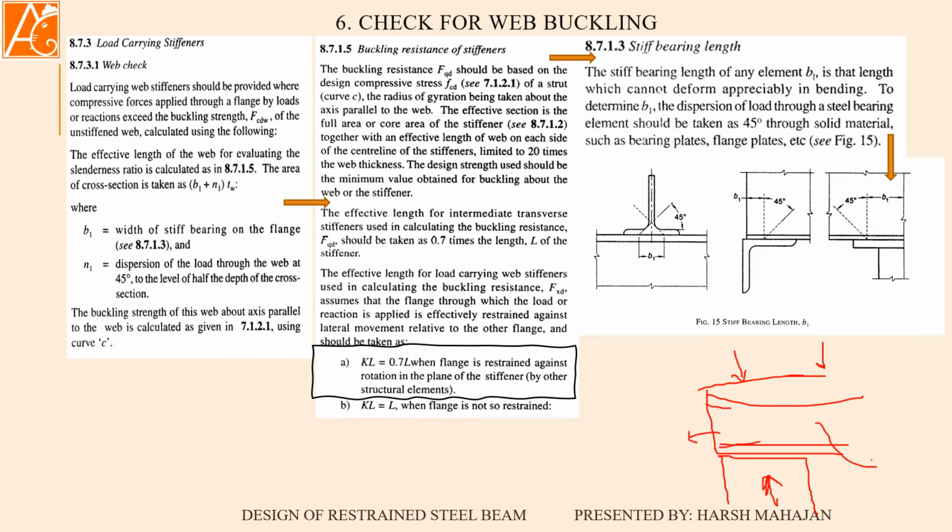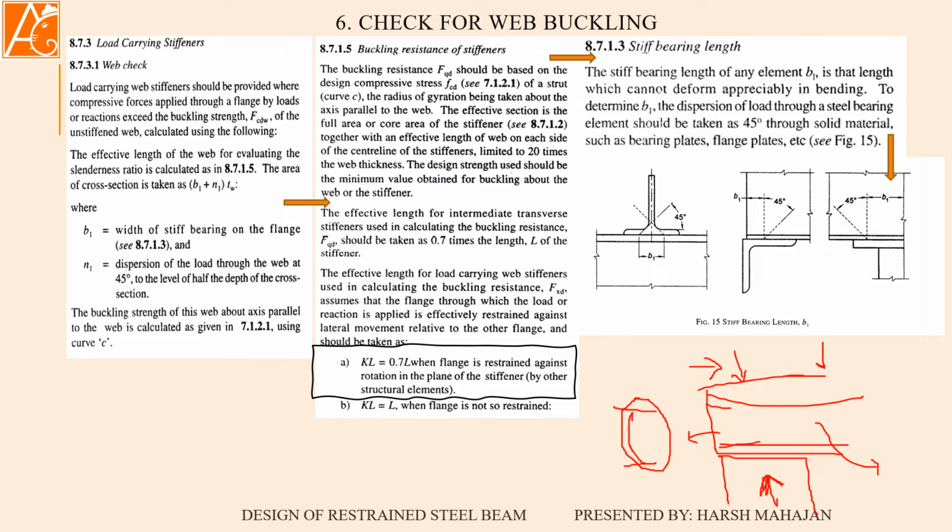In the whole section there will be no buckling, but at the end there may be some buckling of the web. So the web will be like this. In the I section, the web may look like this. So we have to check whether our section is safe against this buckling or not. Now the compressive force is equal to the reaction force or maximum shear force, because at the end this is the reaction applied.